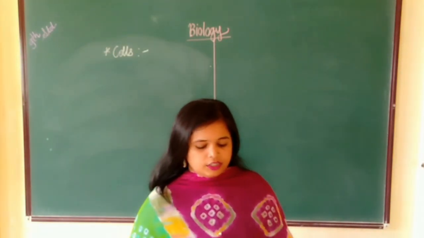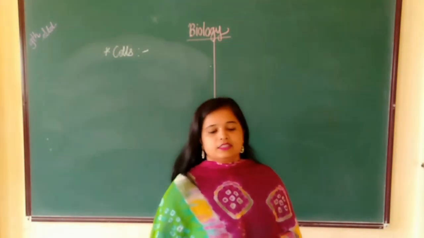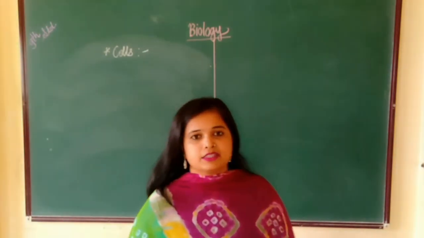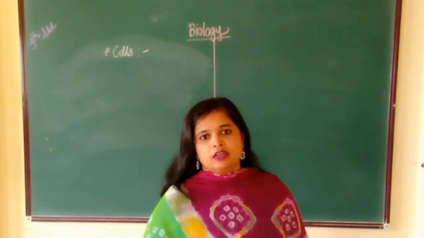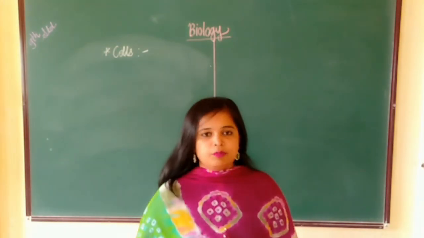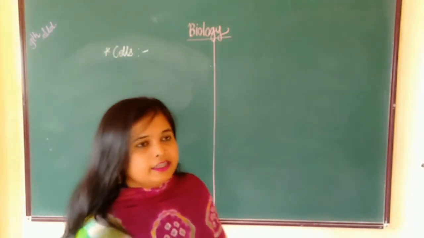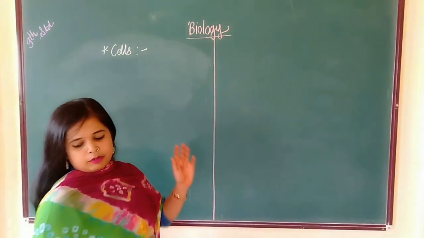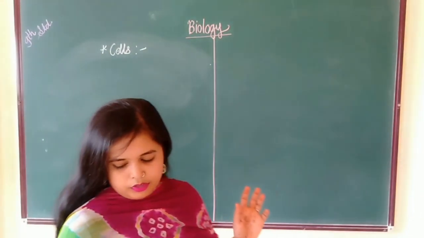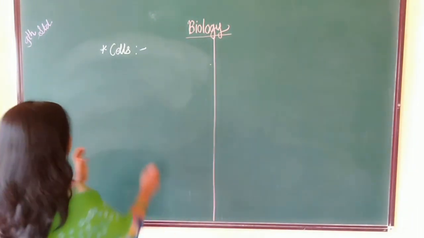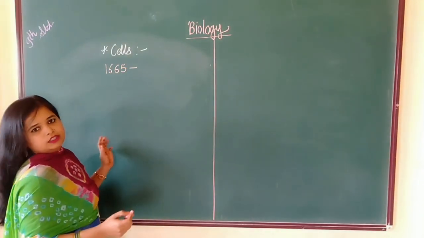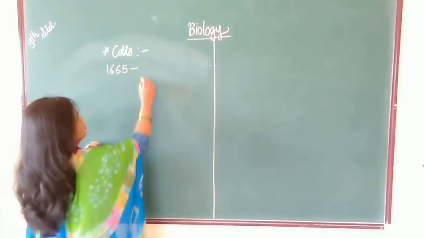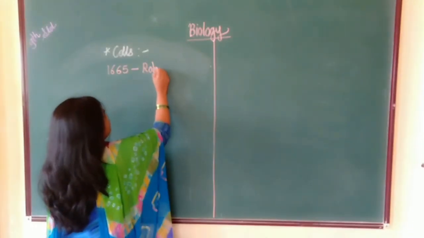The small structures that we see, that is the cells. These cells are the basic building units of the onion ball. Not only onions, but all the organisms are made up of cells. We have already discussed that cells were discovered by the scientist Robert Hooke in the year 1665. You have to remember the name of the scientist who discovered the cell. The name of that scientist is Robert Hooke.